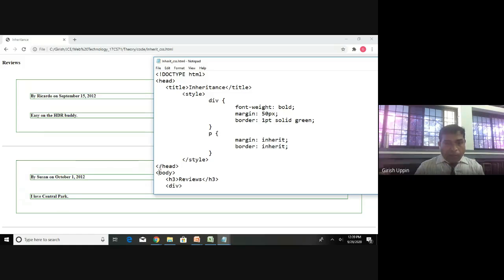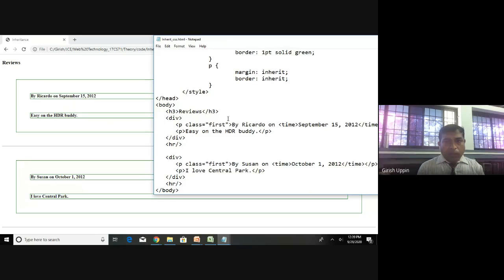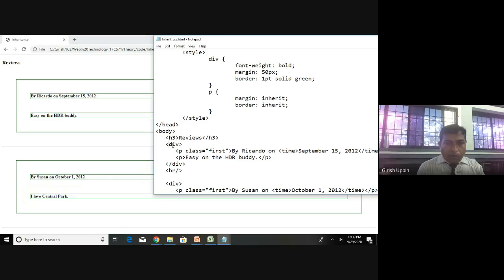Here we have the reviews h3, and inside that I have a div. For this div, it will apply this: it has a margin of 50 pixels, and then it has a border. Inside, the text would be bold, and inside the div I have P.